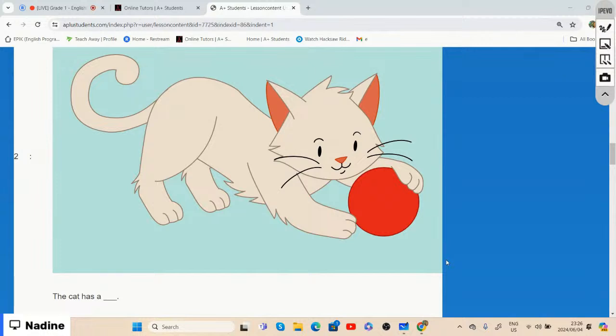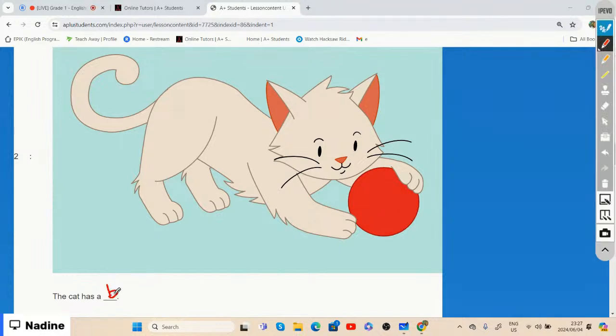Or what is the cat playing with? What is that thing that is red? All right, so we can then say the cat has